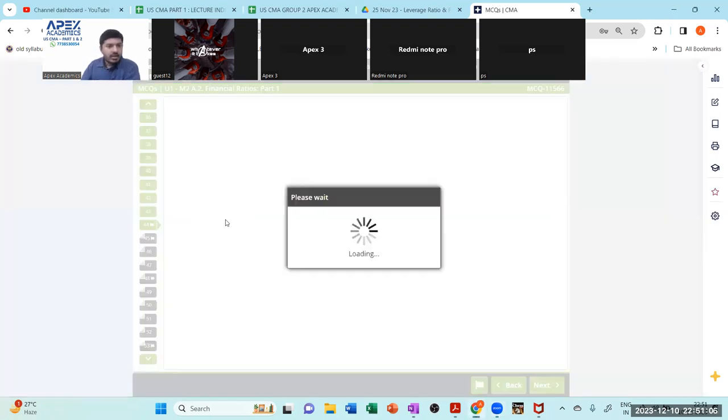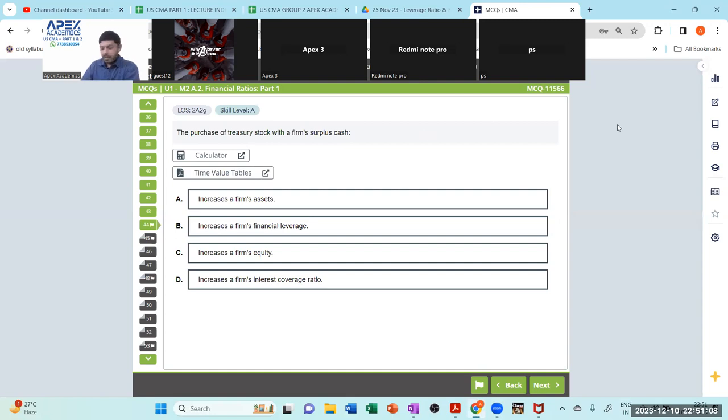Now which one? Question number 44. The purchase of a treasury stock. This is again a conceptually important question. 45 was also important. Purchase of treasury stock. Now, please understand what is the meaning of